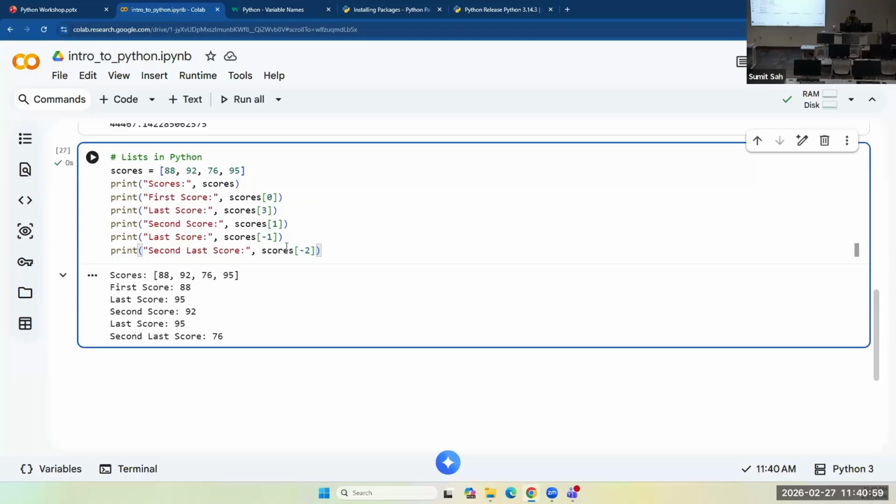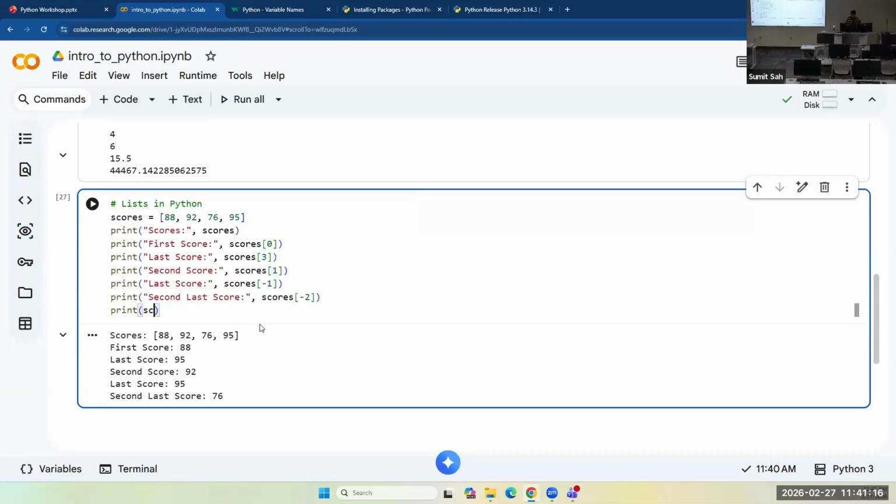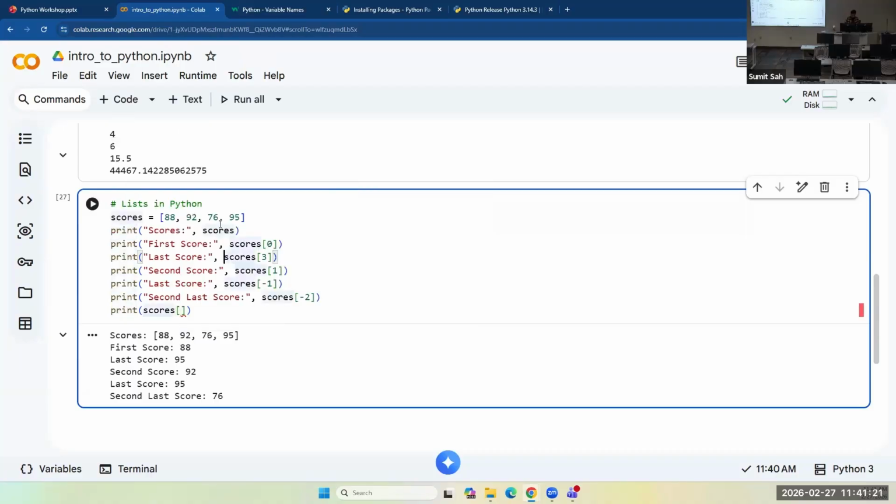This is a cool feature in Python. And you could also print a range of values, not just single values in the list. Like you can say print scores, and then let's say you want to print elements second to last.